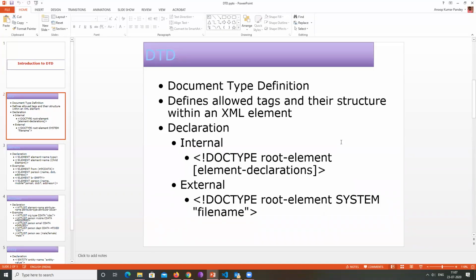Now, how do we know whether the document received on the other end is valid or not? To ensure the validity of the XML document, we need to define the schema of the